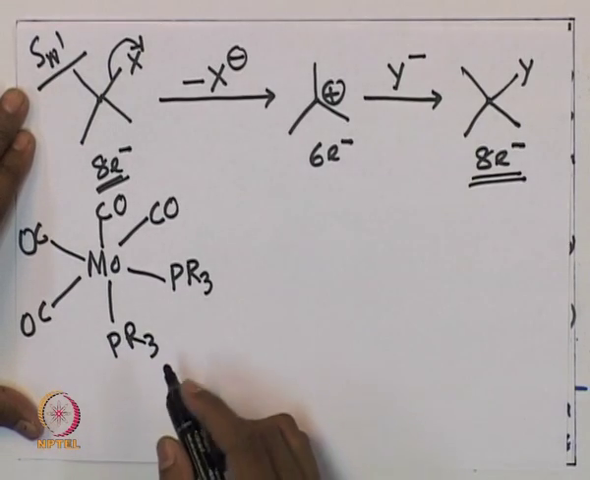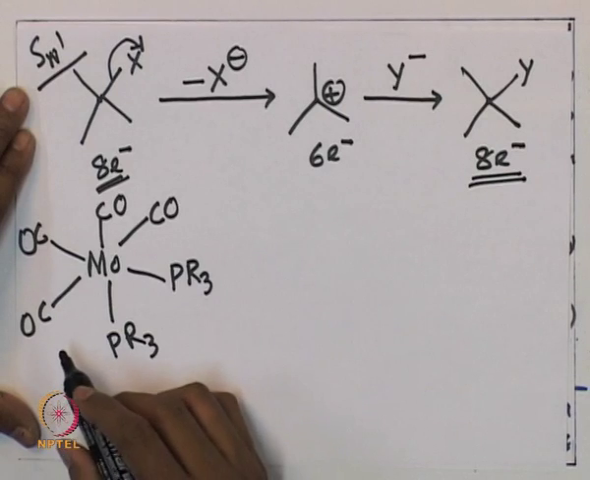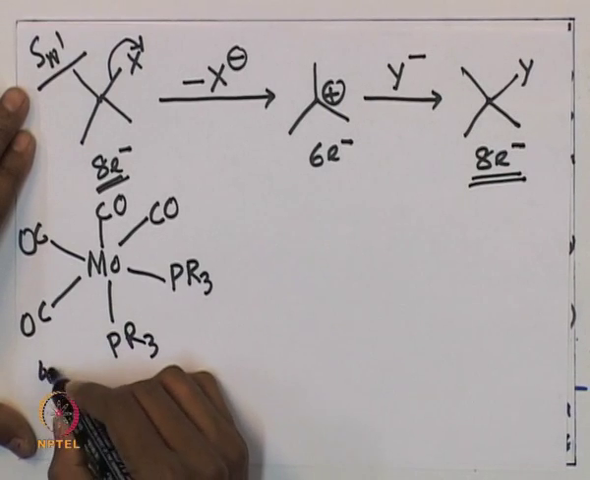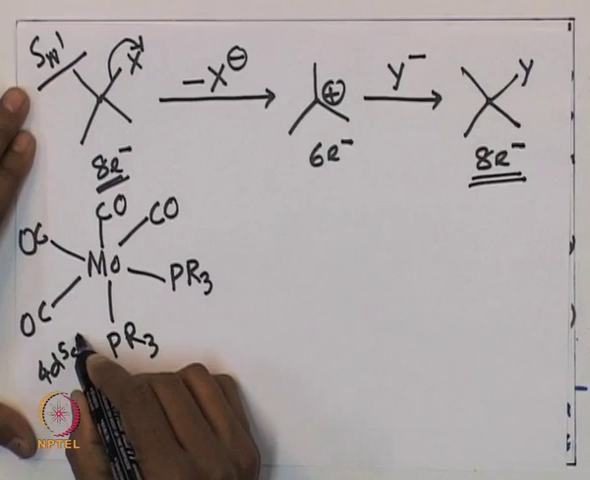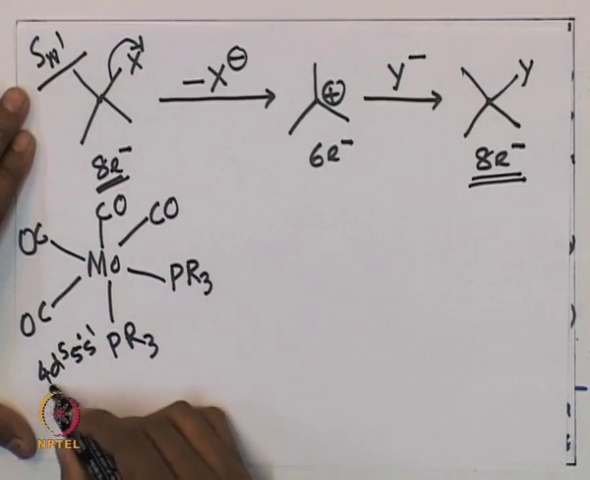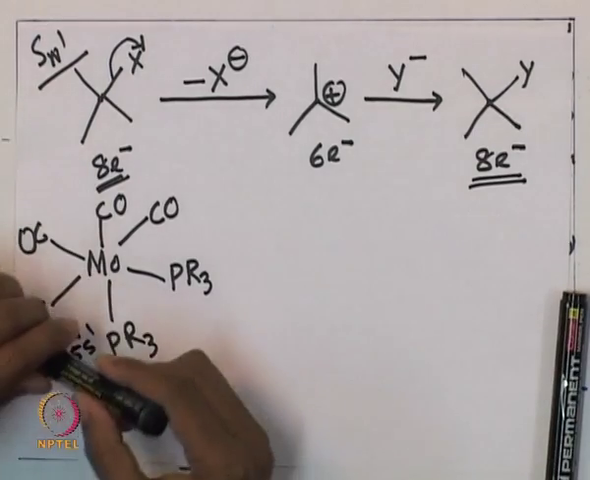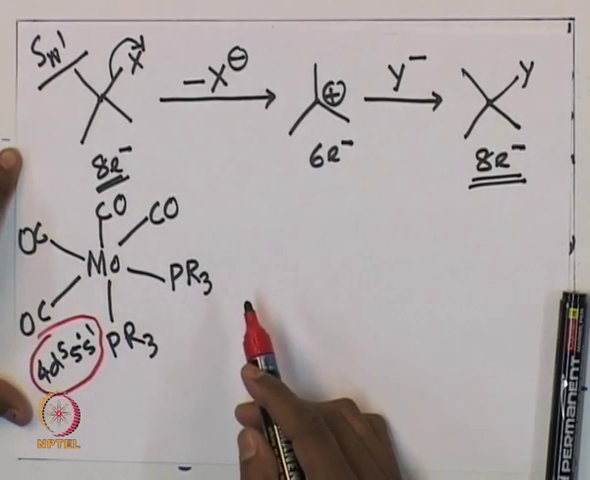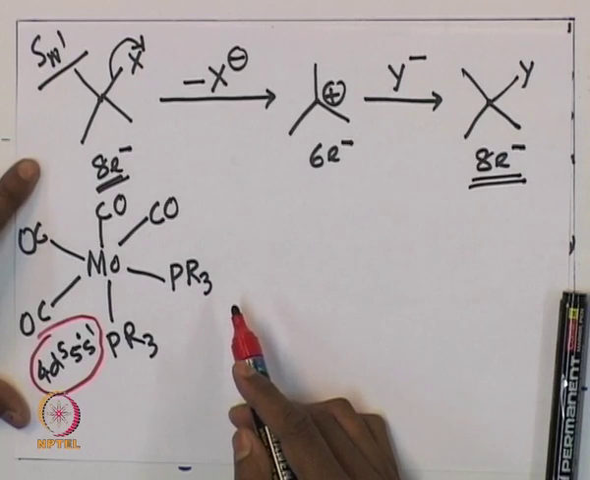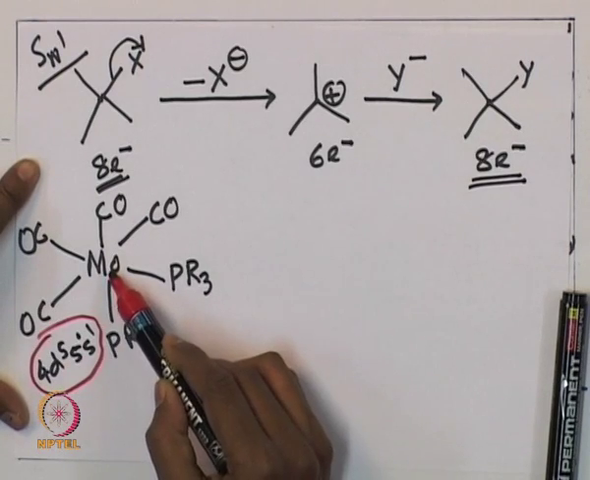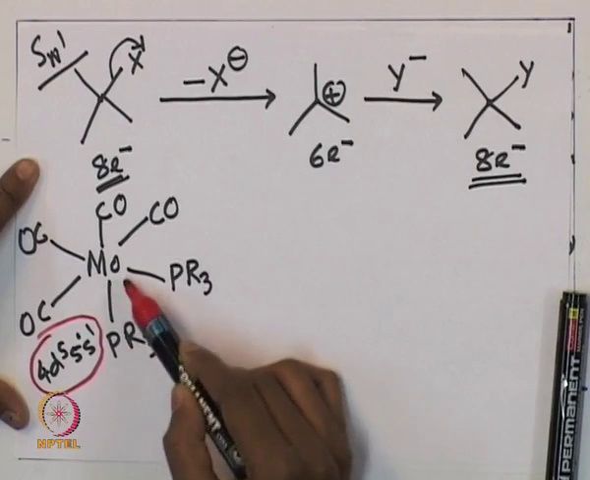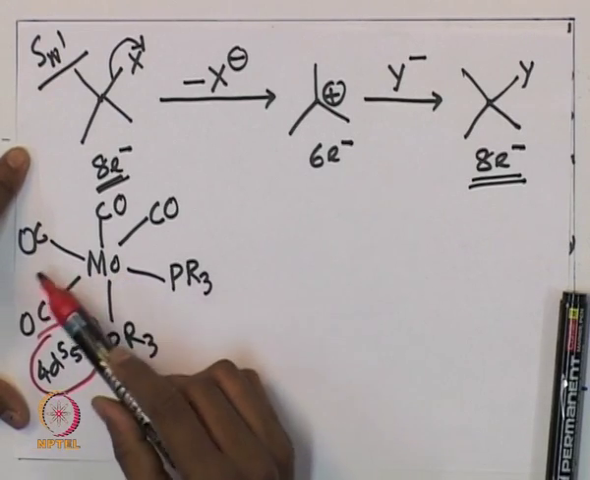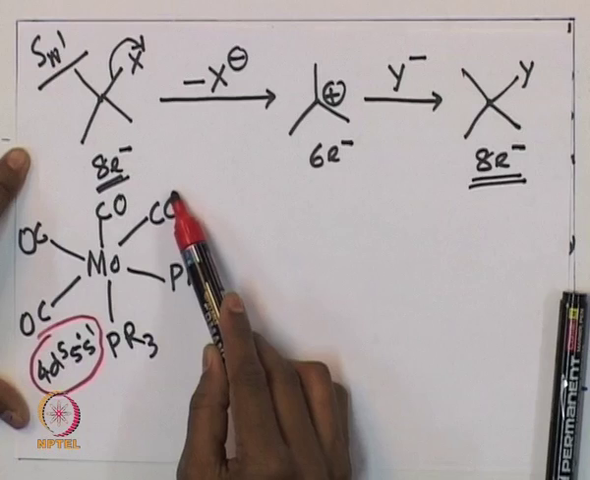This is an octahedral complex. Molybdenum is 4d5 5s1, right. Can you do the electron count for this molybdenum octahedral complex? Do it quick. You will find that molybdenum is 4d5 5s1, total 6 electrons: 1, 2, 3, 4,